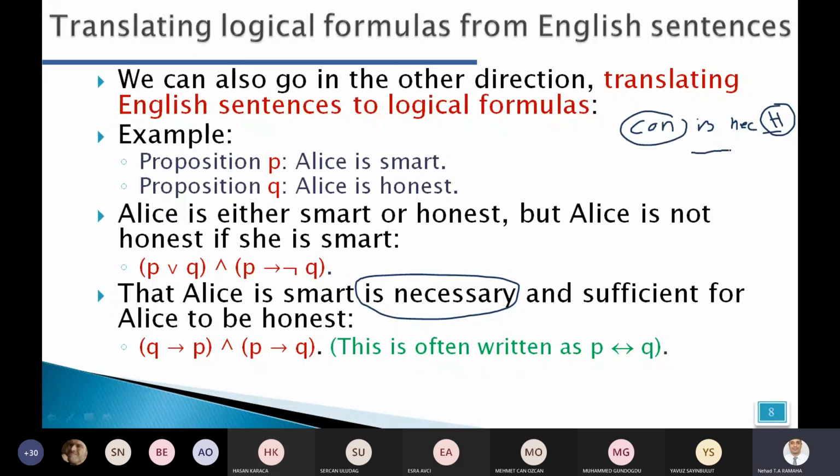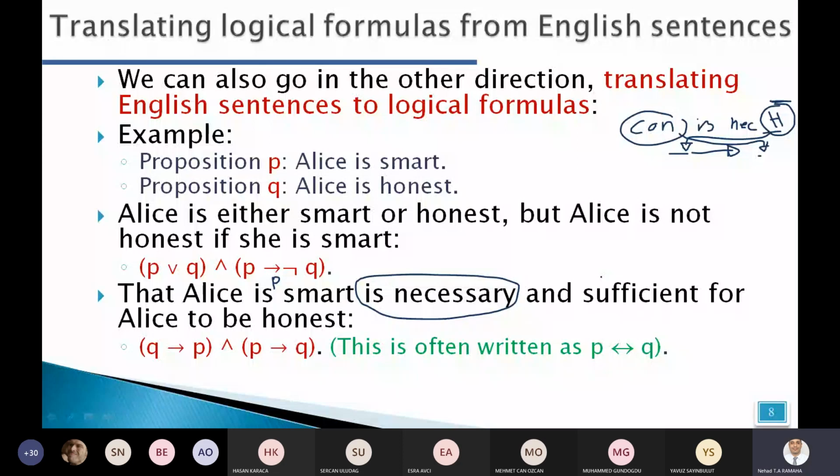So when you convert it, you will convert it to implies, and you take before the implies the hypothesis, after the implies the conclusion. You see, this at the end comes here before the implies because it's hypothesis, and the first part becomes after the implies because it's the conclusion. Then Alice is smart, this P is necessary